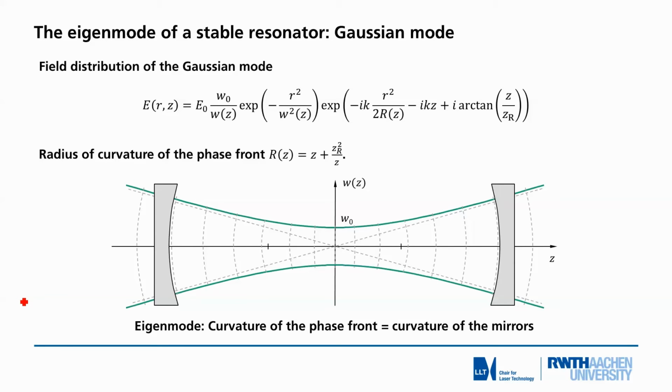The result itself is seen in the next slide. It's a Gaussian beam, a Gaussian mode. We call it the eigenmode of a stable resonator. It has the typical exponential square dependence on the axis perpendicular to the axis of propagation. So, like you've seen in the pictures before, you can imagine this Gaussian shape like this. And here you see the position of the 2 mirrors, the formation of that eigenmode, which is a Gaussian beam.